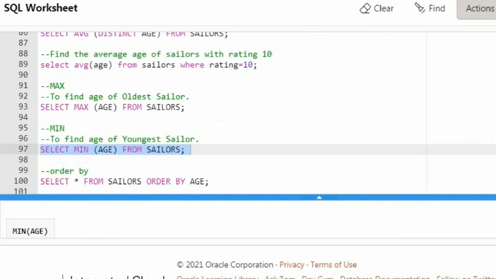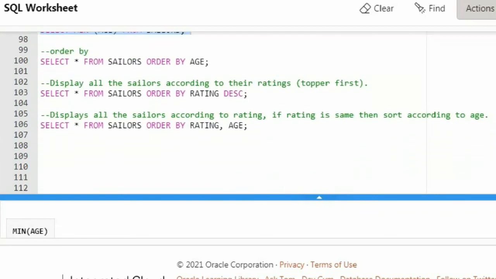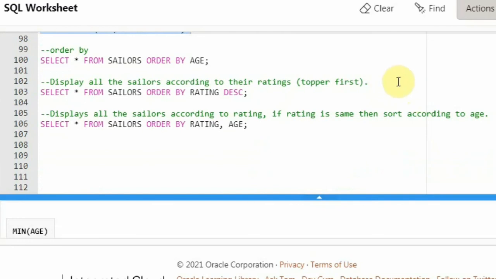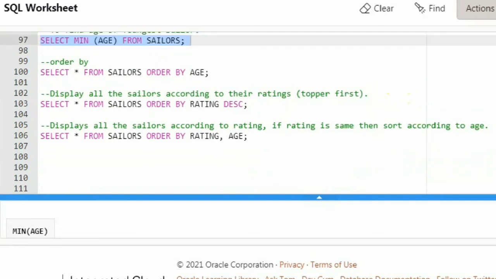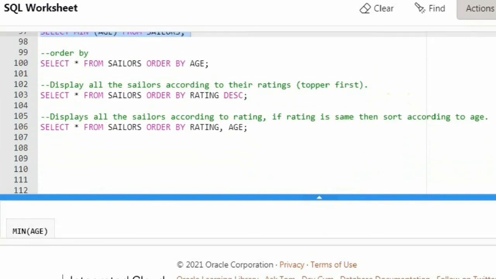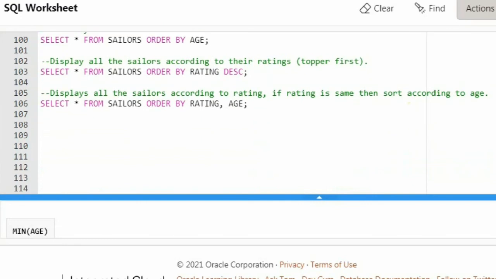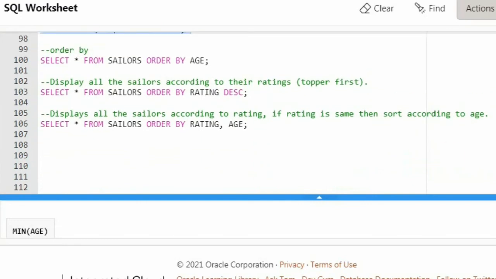So these are all the aggregate operators. We have seen count, average, sum, max and min. Next is order by. I have already explained the order by clause in my previous videos, when I explained the conceptual evaluation strategy. I told you the order in which order by is given in the syntax. This order by will put the resultant values in ascending or descending order.